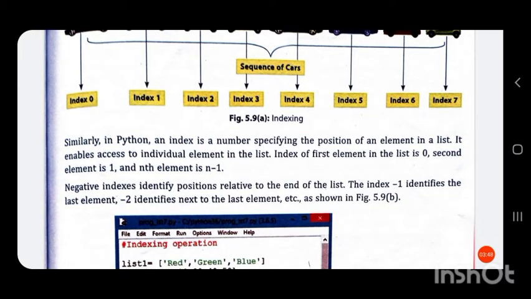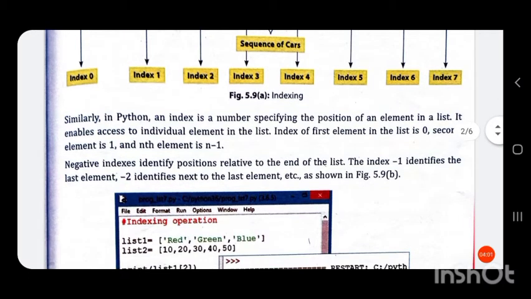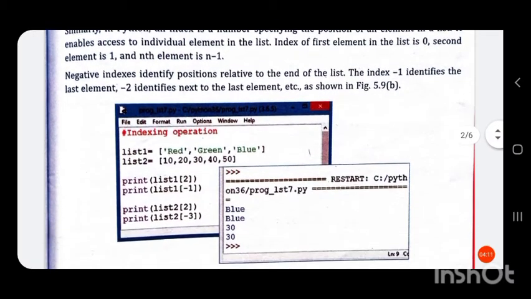Negative indexes identify positions relative to the end of the list. The index -1 identifies the last element. -2 identifies the next to the last element, or the second last element.